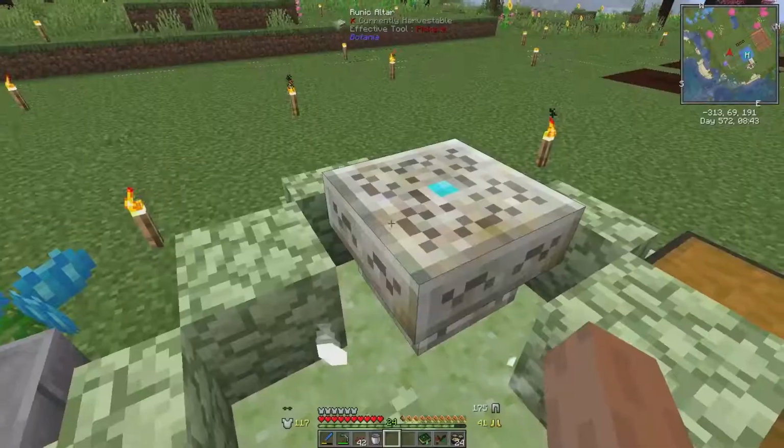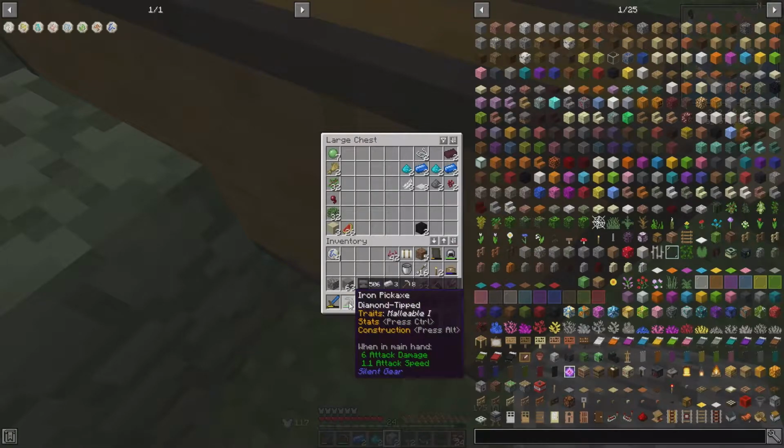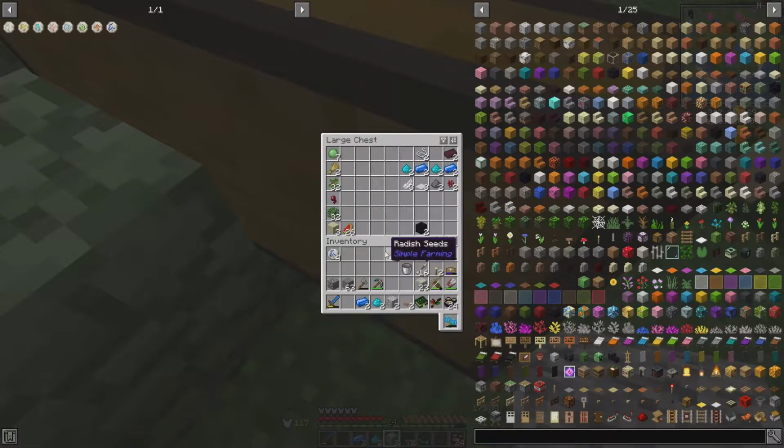Alright, so now the next rune we are going to mess with is going to be the earth rune. And so that's diorite, that's brown mushrooms, or red mushrooms, either one works. Mana powder, mana steel ingots. I'm going to move all of this up. And